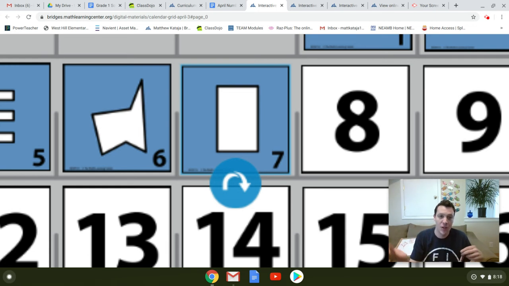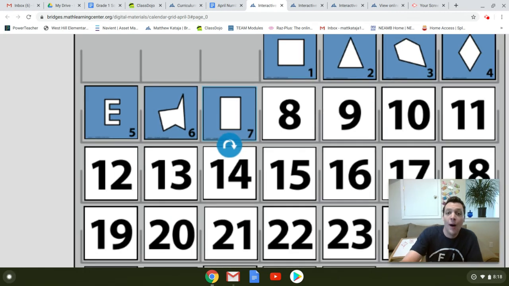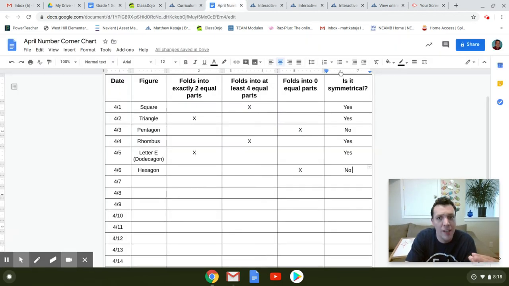And what do we call this shape? A rectangle. You got it. We have a rectangle. It's a quadrilateral. My prediction was correct. Our quadrilateral repeated. So we will test for symmetry. And if our pattern is yes, yes, no, yes, yes, no, I'm going to guess it's going to be a